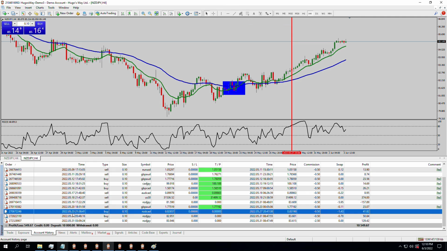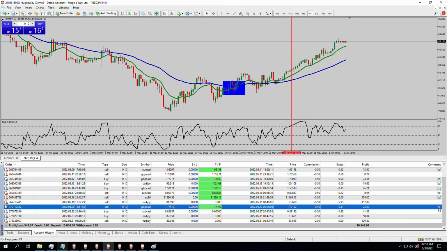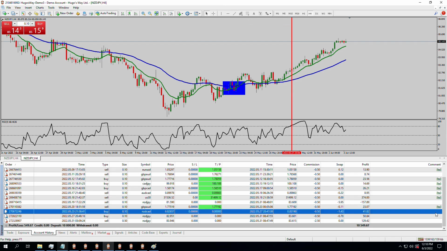taken on the 23rd, went into profit, and you can see I did not set a take profit. So in the comments, it says nothing. If you look at the trade above this, it says TP. That means I set a set and forget take profit. However, on this one, I manually took profit because I was actually going to use some of the profits from this trade to help offset a potential loss from the next trade we took, which was NZD JPY. However, I did not do that. I manually took a profit at